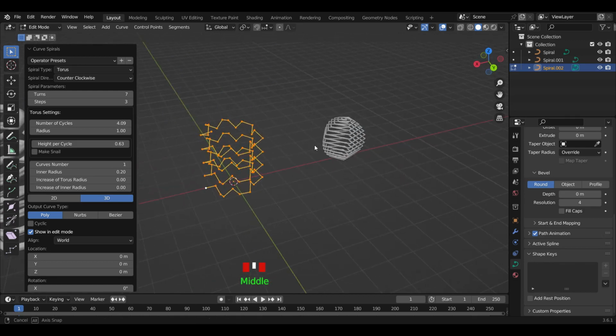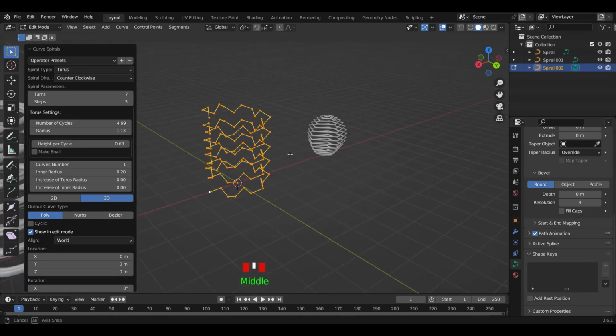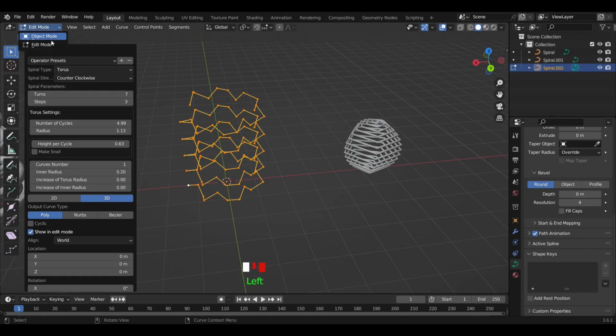Increase number of cycles, that's good. Increase more. You can increase radius as well. Now come again to object mode